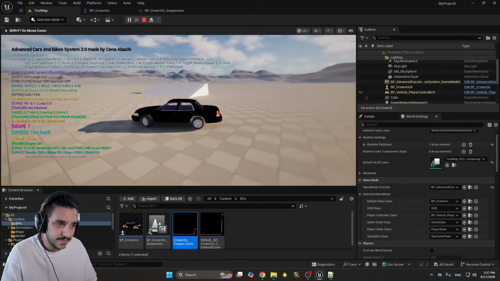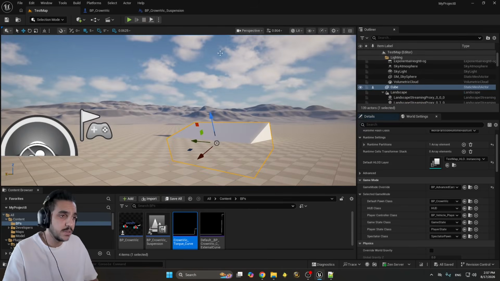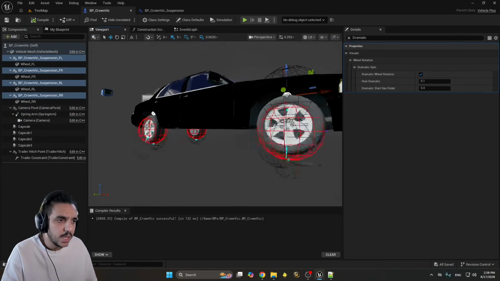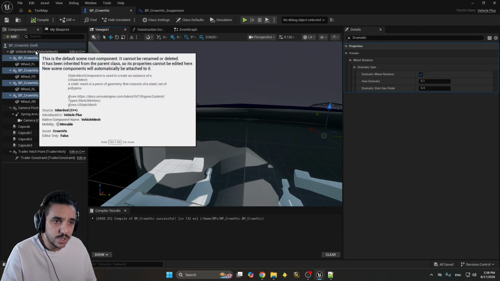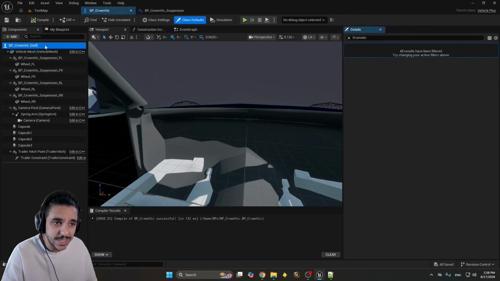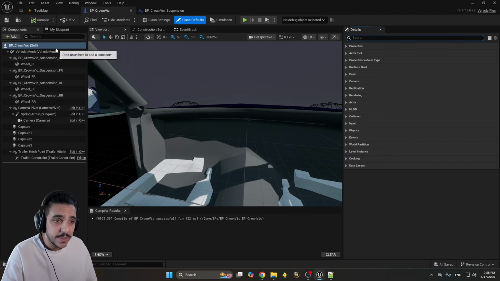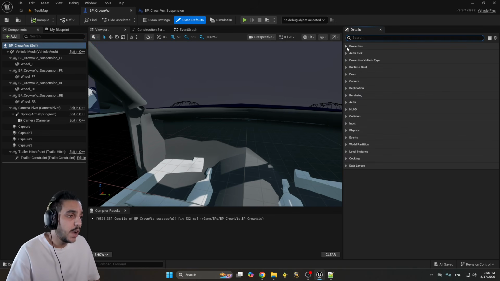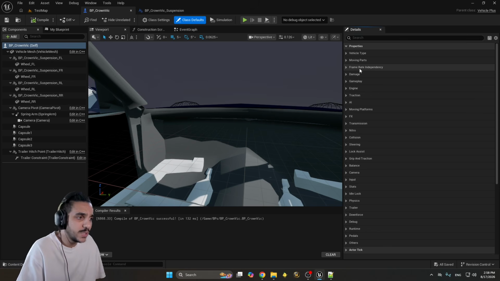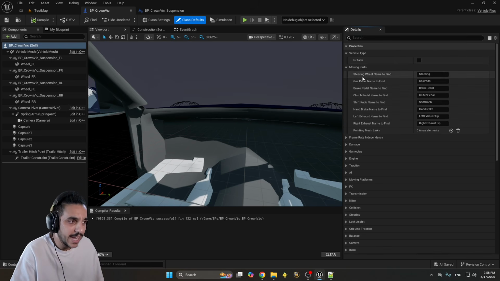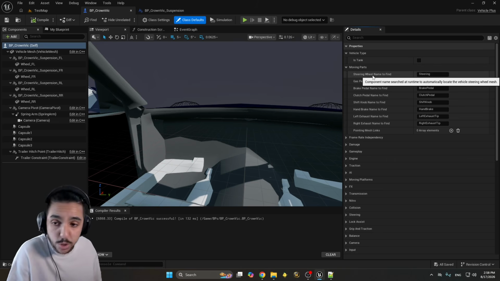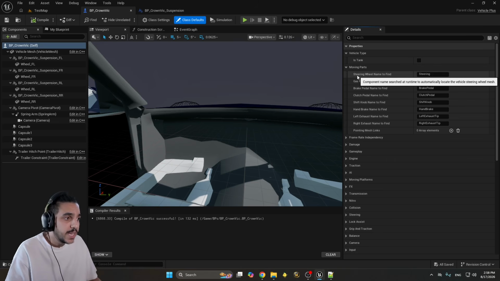So what's next for this vehicle? A steering wheel. I'm gonna add a steering wheel to this vehicle. So all you need to do is to select your class defaults, and then up here click on properties. The first thing you see is the vehicle type and moving parts. Of course, it's not a tank, and for the moving parts, it says it's looking for something called steering wheel